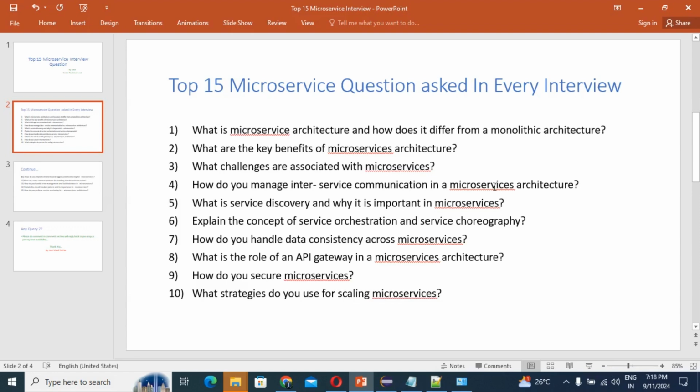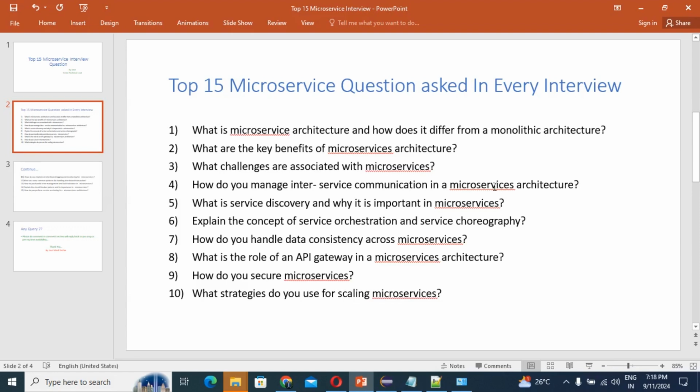First, event sourcing. You might have heard of it. Event sourcing records changes as a sequence of events, allowing services to reconstruct the state from the event log. Second, CQRS, command query responsibility segregation. It separates read and write operations to handle data consistency in complex scenarios.